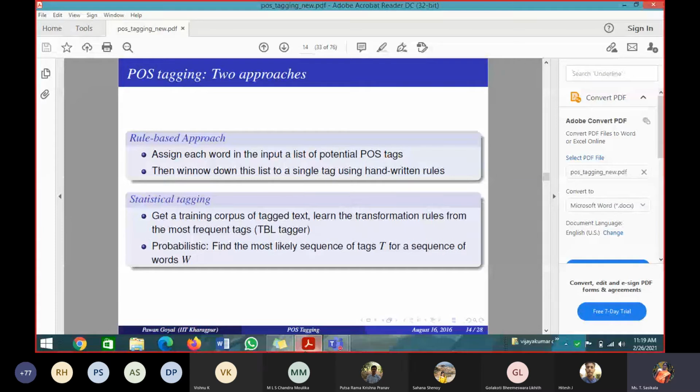See, I am asking you to write a rule. Suppose I am asked to write a rule for grading students in NLP. If a student's mark is above 90 and less than 100, he belongs to O grade. If it is between 80 and 90, he belongs to A plus. If it is 70 to 80, A. If it is 60 to 70, B plus. If it is 50 to 60, B. If it is less than 50, it is fail.